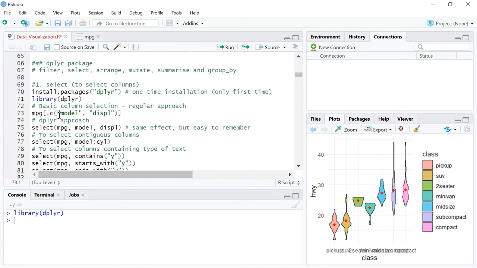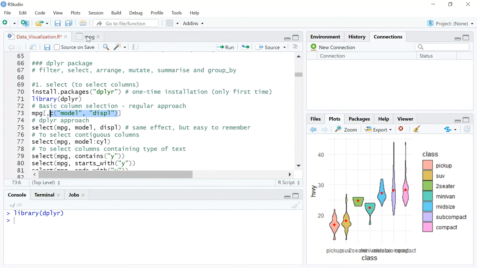Now, if you want to select a certain column, it means that all rows have to be selected. So you don't mention anything; you leave it blank, which means all rows will be selected. And if you want to specifically pick certain columns, you will use the concatenation syntax, which is a small c in parentheses, and then you will list each of those column names.